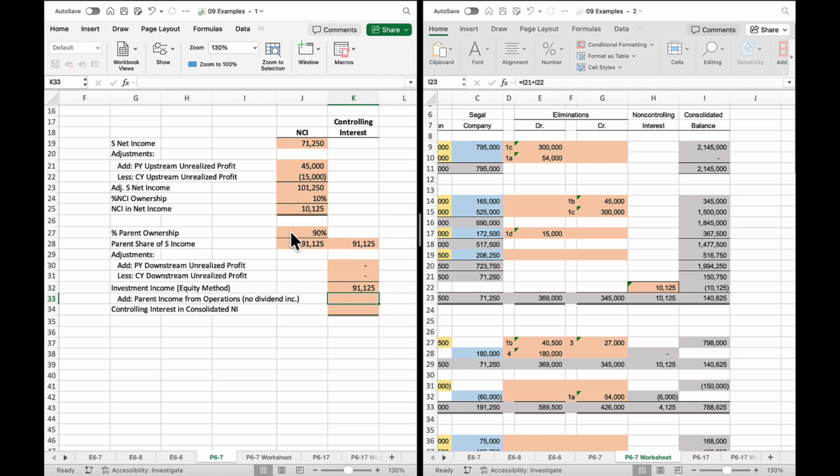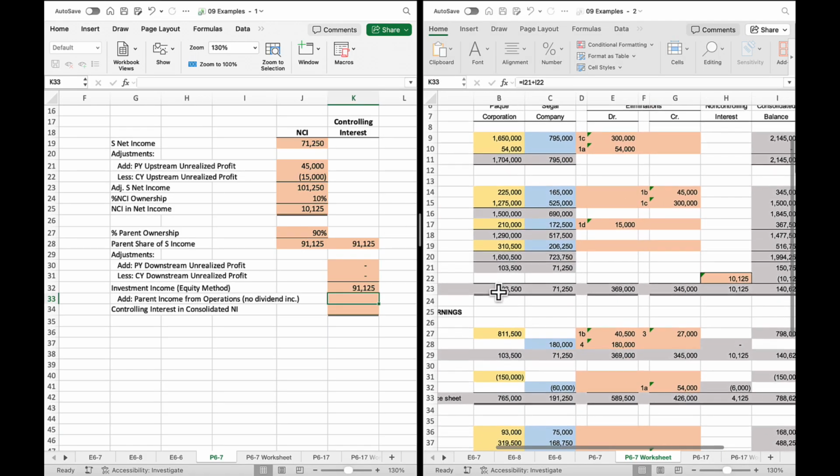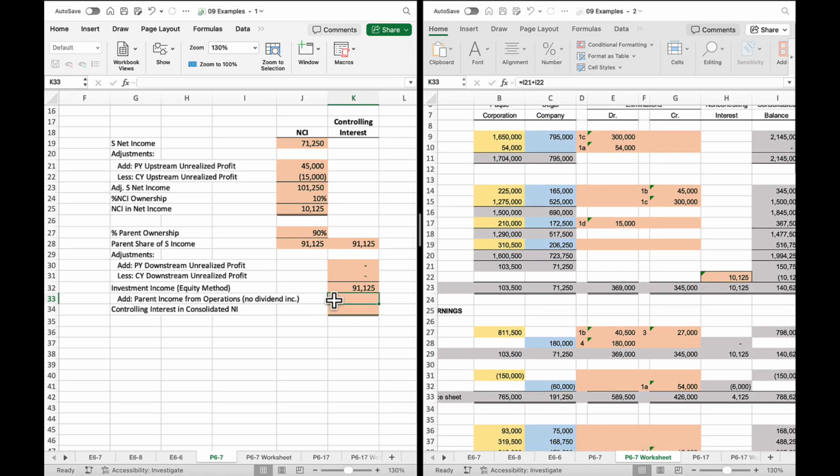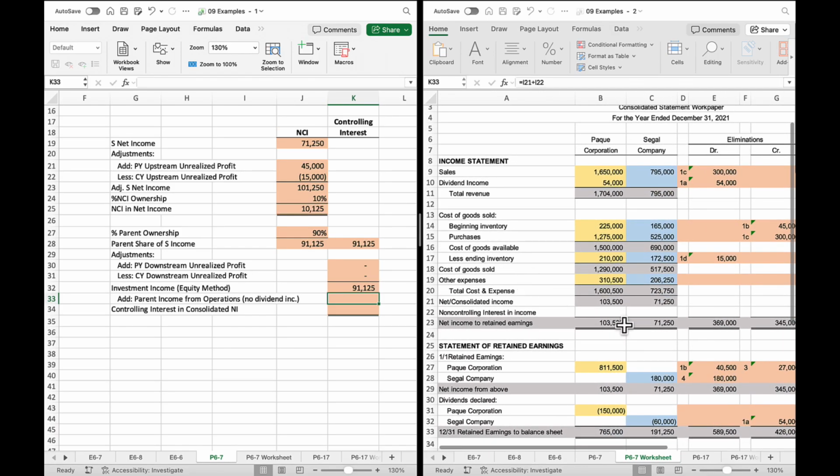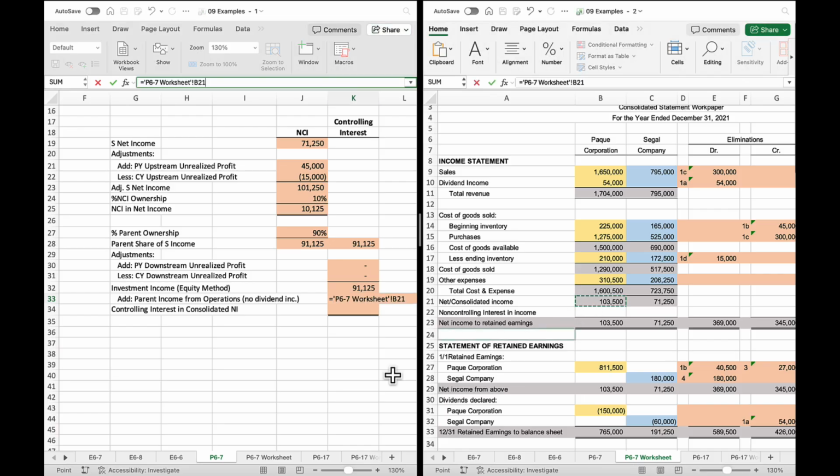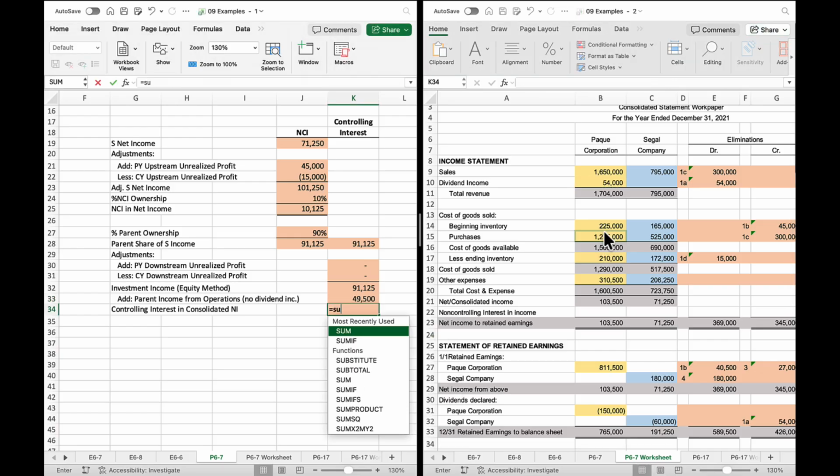If we were doing the equity method, this would be the amount of equity method income that we would have recognized and would need to be eliminated. But we're not. So what we're going to do now is take this amount and add to it our parent net income from its own operations. So we're going to take what our parent recorded, which is $103,500, and then we need to subtract out the income it recognized from our subsidiary. In this case, because they were using the cost method, that income was the $54,000 of dividend income. We're going to take that out, sum this up,